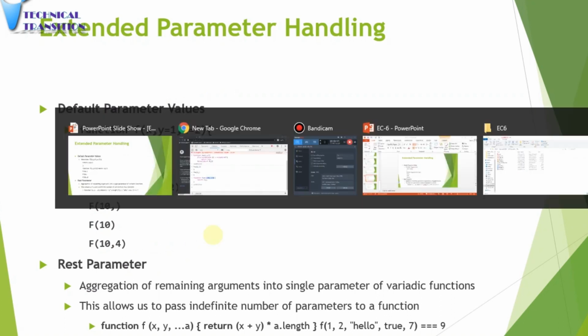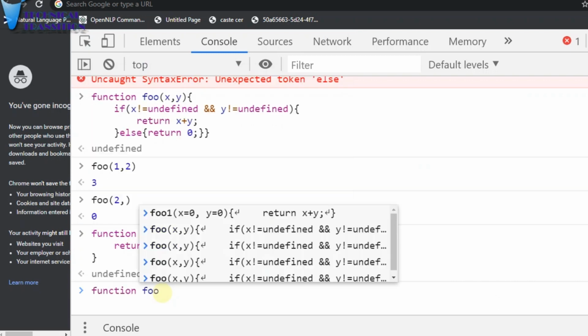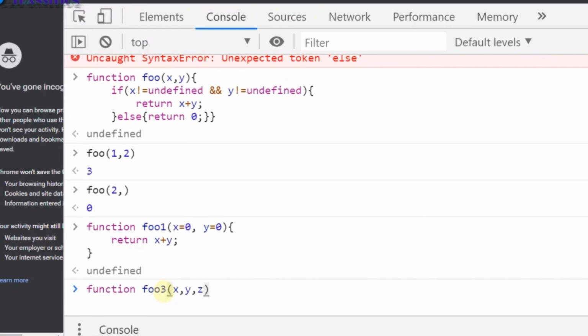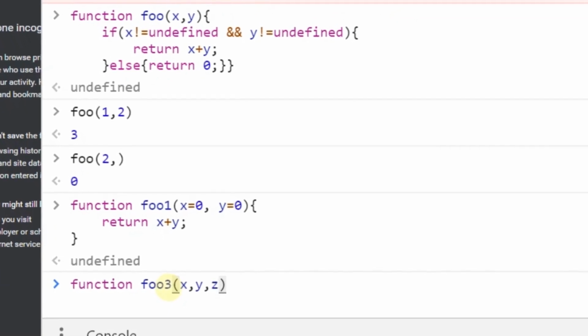Suppose you have a function with x, y and z, and if you want to pass more parameters at runtime,